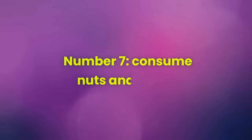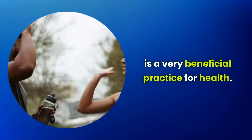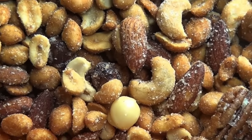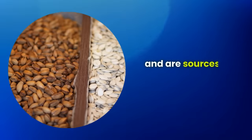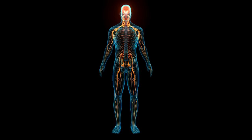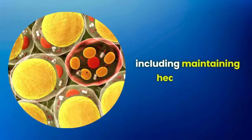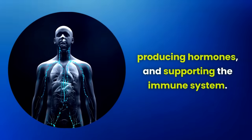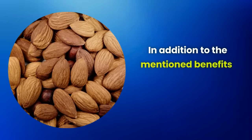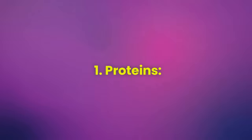Number 7. Consume nuts and seeds. The consumption of nuts and seeds like walnuts and almonds is a very beneficial practice for health. These foods are rich in essential nutrients, including vitamins like selenium and zinc, and are sources of good fats. These fats are important for various functions in the body, including maintaining healthy cells, producing hormones, and supporting the immune system. In addition to the mentioned benefits, nuts and seeds also offer: